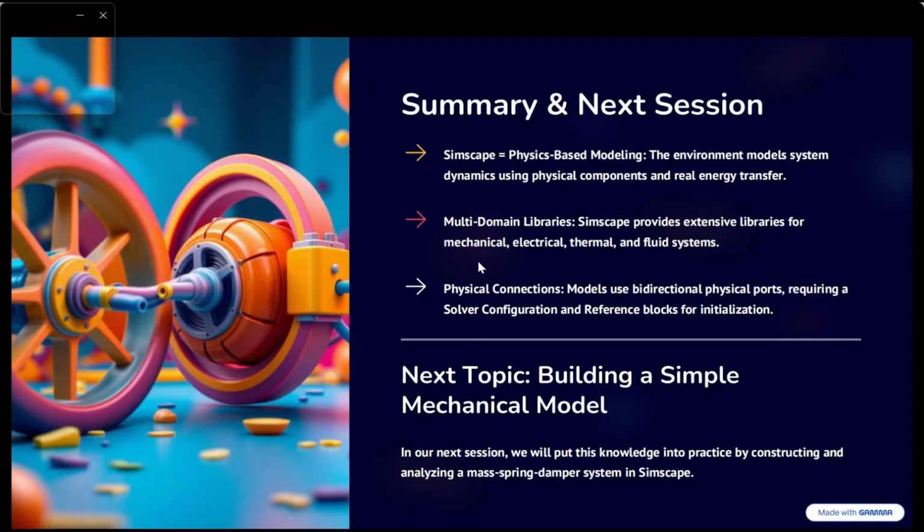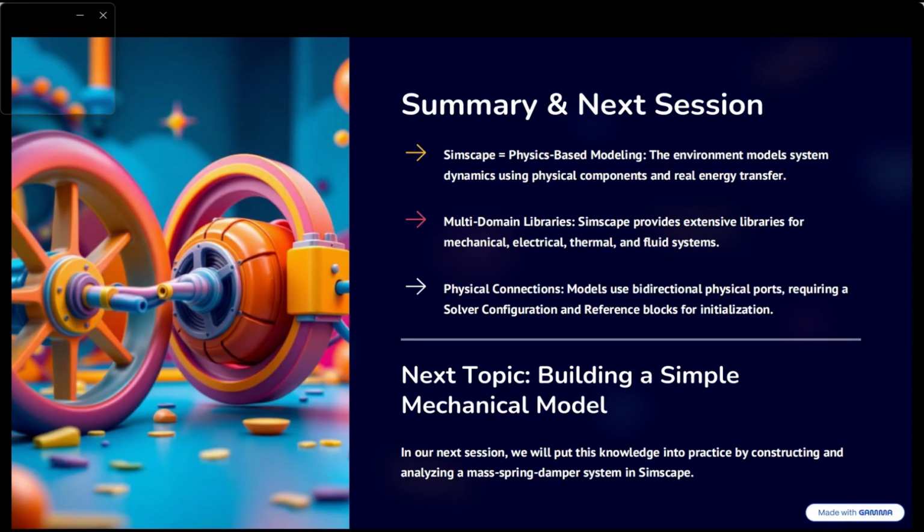Okay, let's summarize our session. First, remember that Simscape is all about physics-based modeling. We are building systems that behave like real physical components with real energy interaction. Second, Simscape is multi-domain, meaning we can work with mechanical, electrical, thermal, and fluid systems all in one environment.